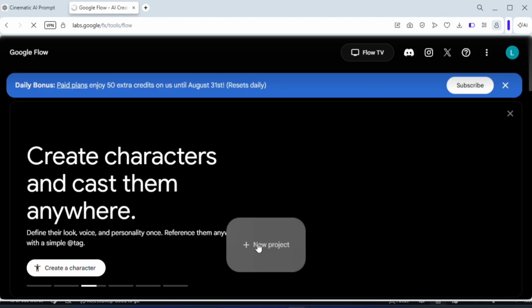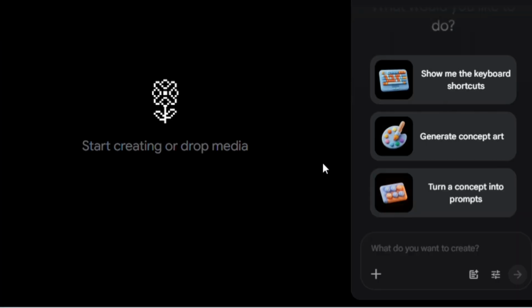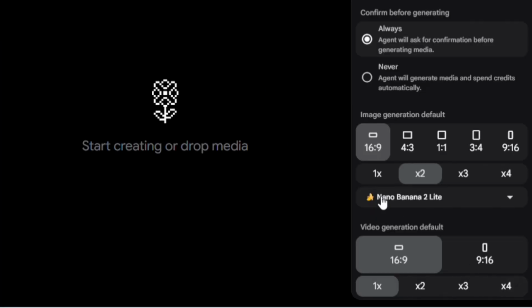Choose the Gmail account you want to use and sign in. After logging in, click New Project. Open the project settings. For the aspect ratio, I'll be choosing 9:16 since I'm creating portrait videos for maybe YouTube Shorts, and also the image to video tool I'll be using only permits portrait kind of images, that is 9:16